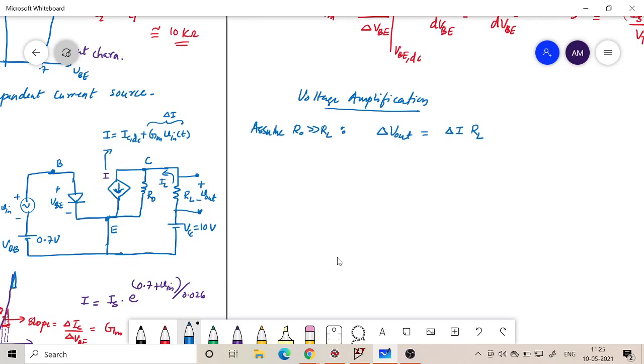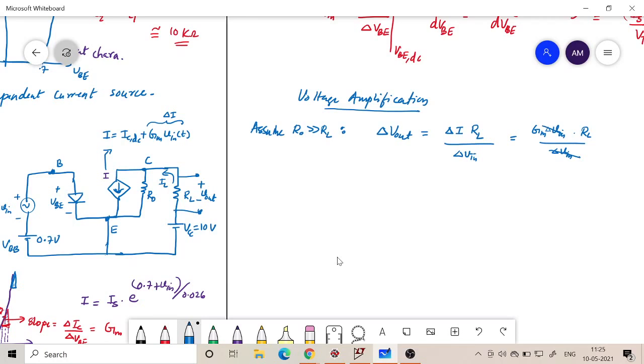Okay, but if I just ignore the sign change for the moment for finding the amplification factor, that's not important. It is the variation of the output voltage divided by the variation at the input. Okay, so this is what is important, that is the amplification factor. So delta I is what? Delta I is basically GM into Vin into RL divided by delta Vin.